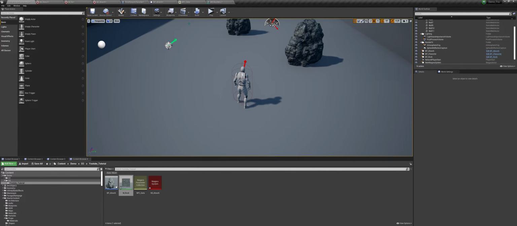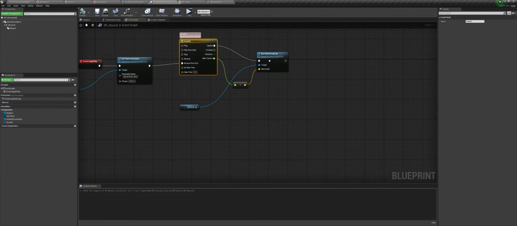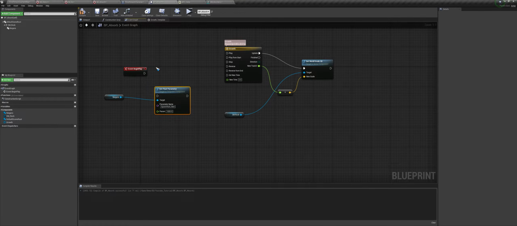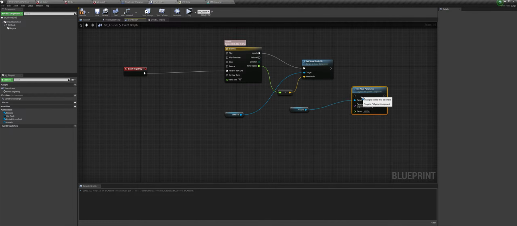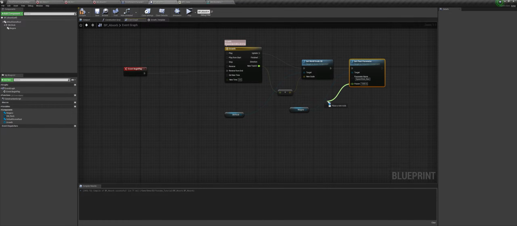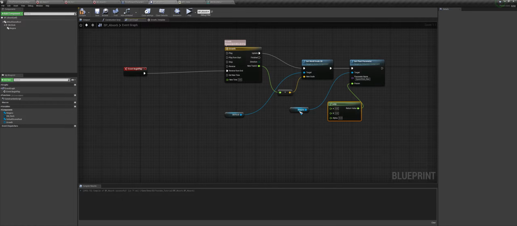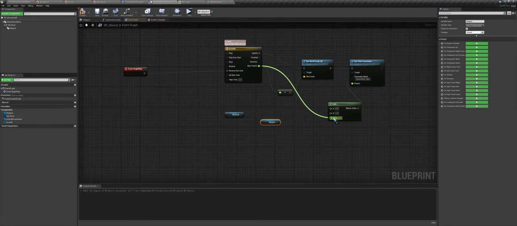So in order to do that, we can go back to the BP. We can disconnect this from here and just reconnect this. Then bring it here and connect this to here, and we will do a LR and connect this to here.